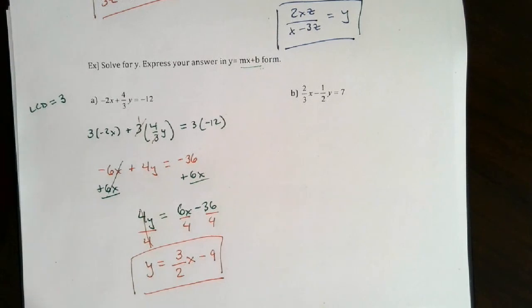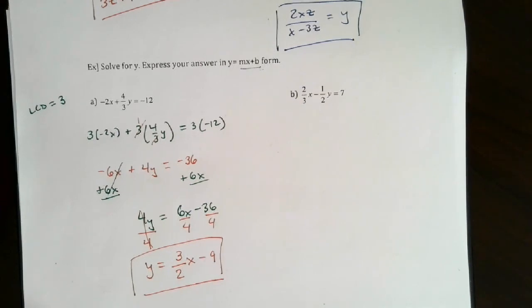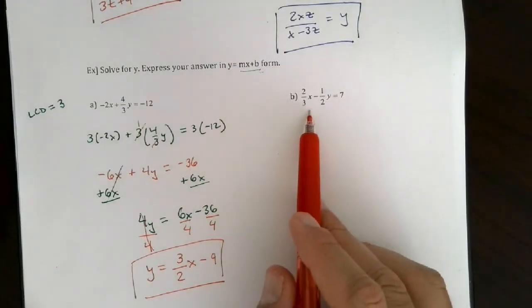You may want to try the next one on your own. Pause the video and take a look at it. For letter B here, the LCD, right? We have an equation with fractions. We want the LCD so we can clear fractions. The LCD in this case is